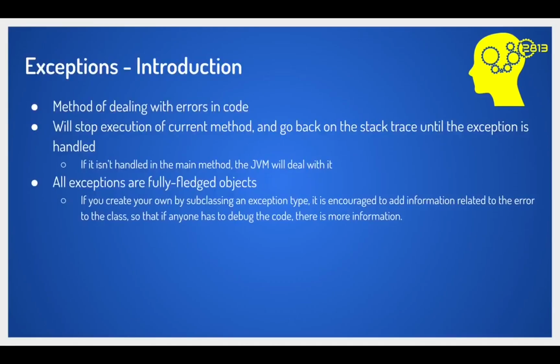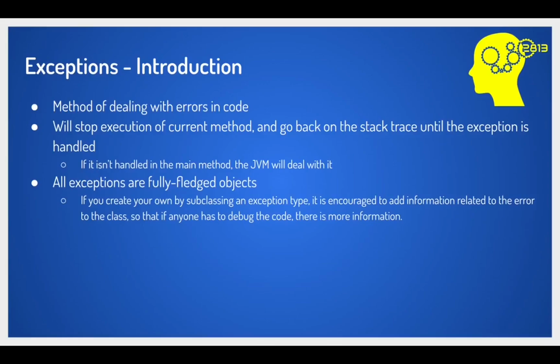So, exceptions are a method of dealing with errors in code. Exceptions will stop the execution of the current method and then go back in the stack trace until the exception is handled. And if it isn't handled in the main method, then the Java virtual machine will deal with it. Basically, the stack trace is just a list of the methods that have been called to get here. So when a method is called, it'll put down a piece of paper with the current method, and each time a method is called, it'll put down where execution goes back to. And when an exception is thrown, it will read the stack trace, so it'll know exactly what code was called to get to